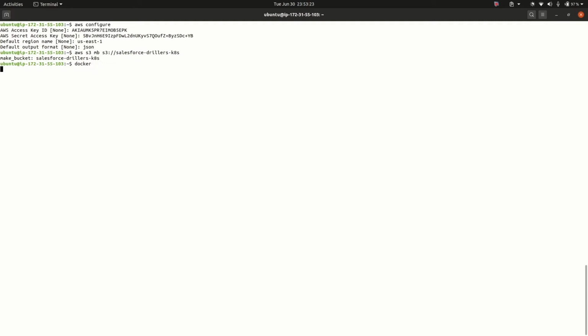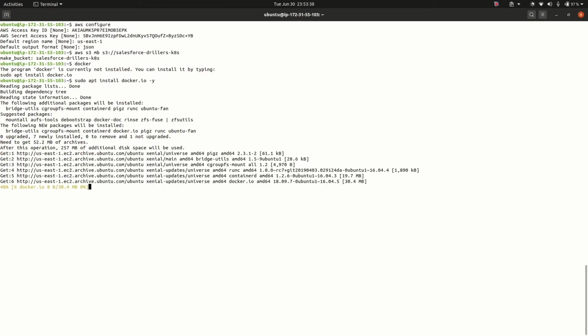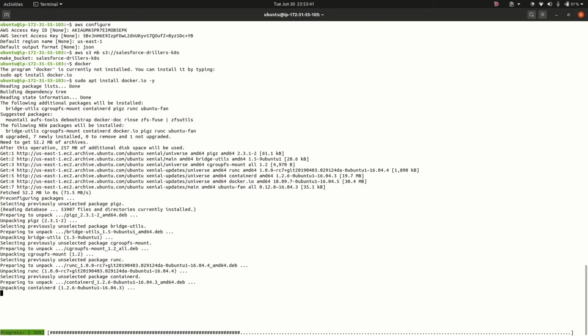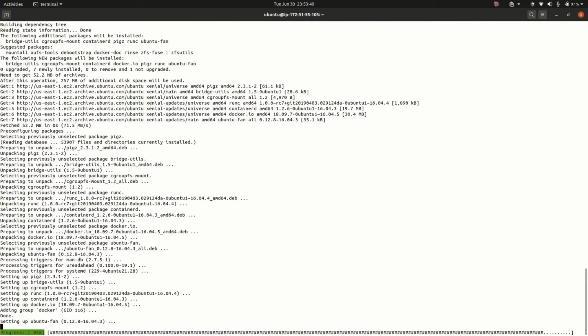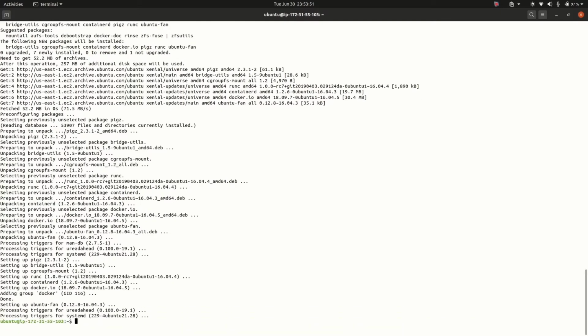Now let us check whether Docker is installed or not. Why do we need to install Docker? So that Kubernetes should be able to pull images from our repository. If the image is in a public repository, then there is no need to install Docker. But if the image is in a private Docker repository, for example in production cases, your repository should be private so that your Docker images are not accessible by anyone. In that case we need to install Docker and provide the credentials path to kubectl, so that Kubernetes is able to pull our Docker images from the private repository.